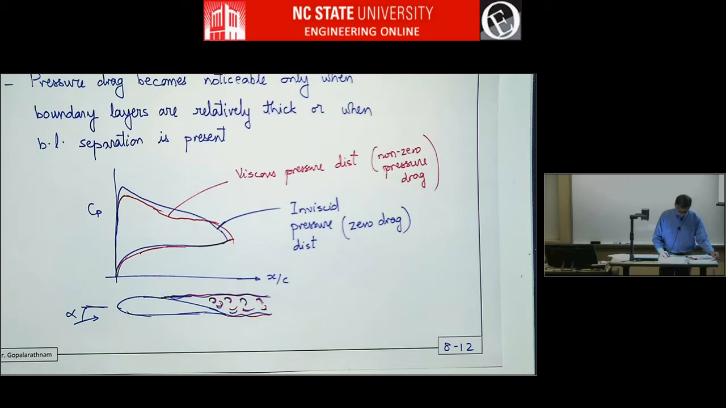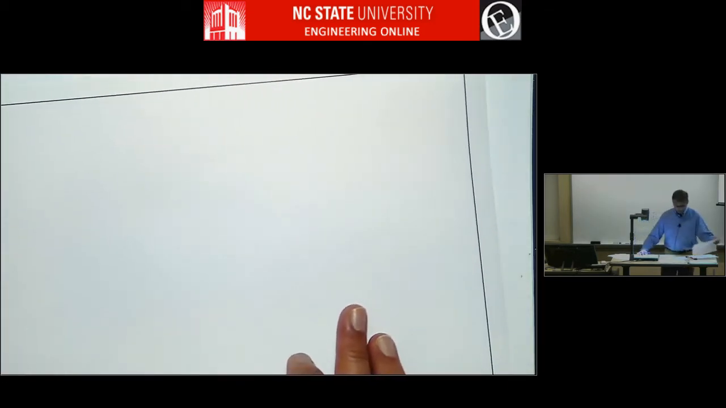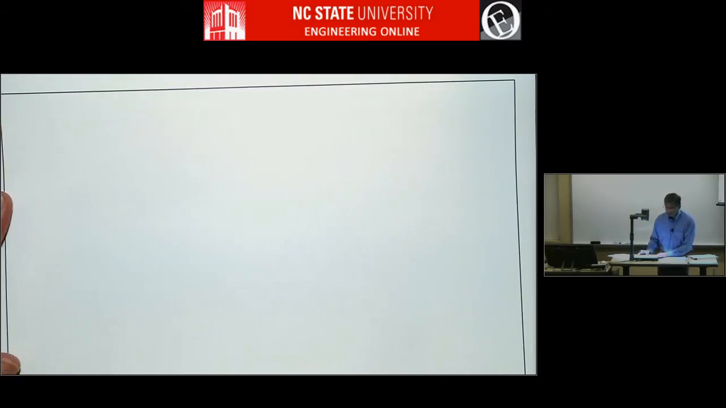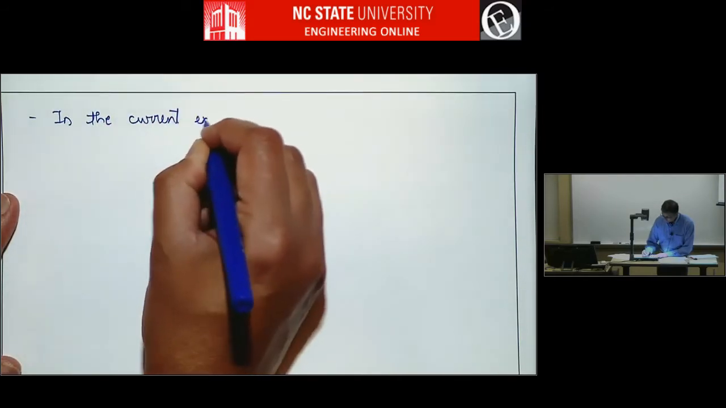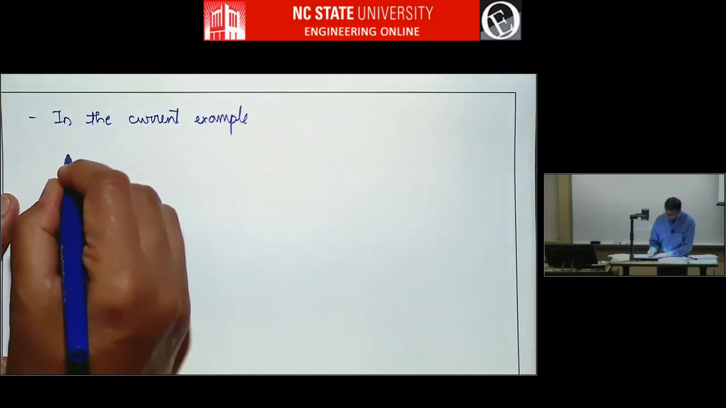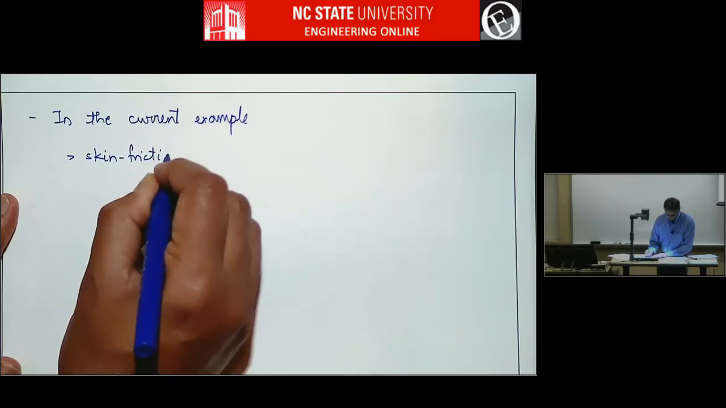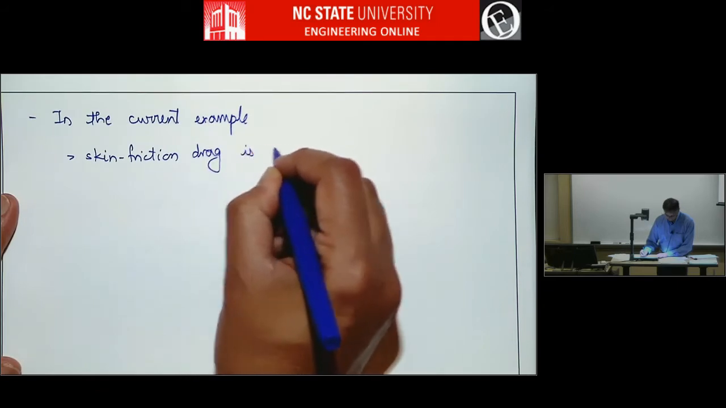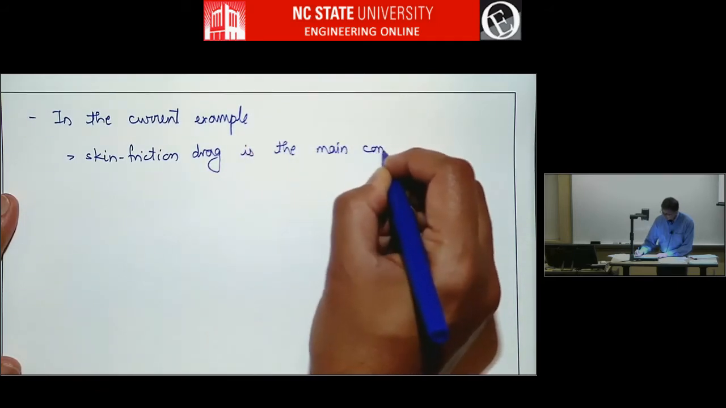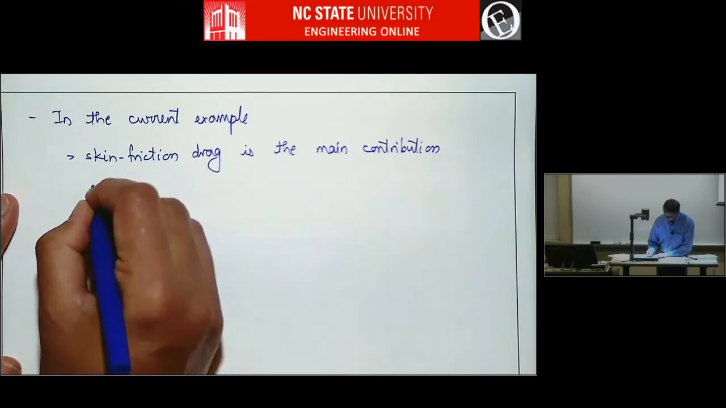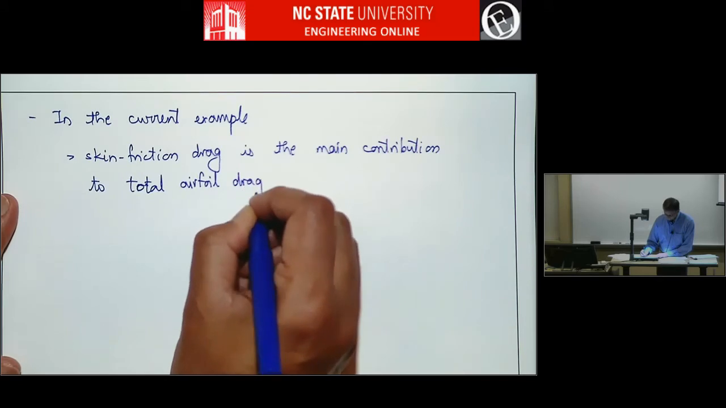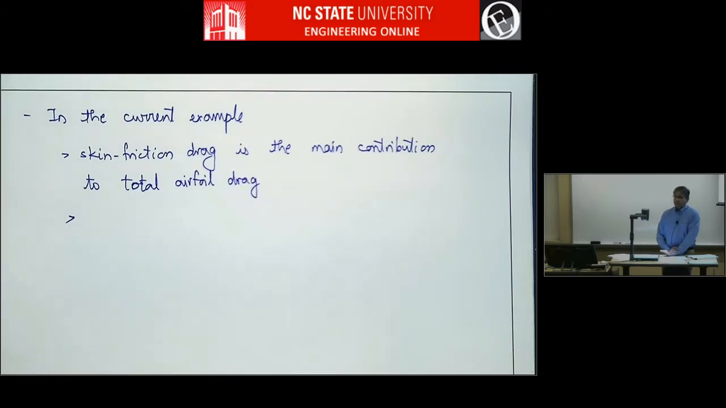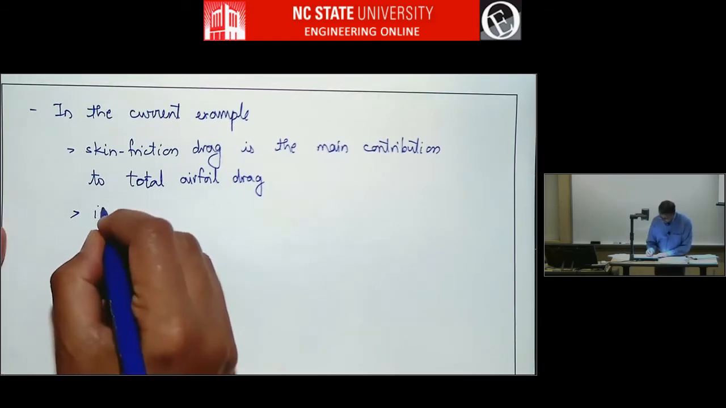Okay, I have about a minute, so let's just sort of conclude this topic and then we'll go to new things in the next class. So in the current example, skin friction drag is the main contribution to the total airfoil drag. And because skin friction drag is the main contribution, if we want to reduce drag, that's the contribution we have to attack. And if there is extended laminar flow,